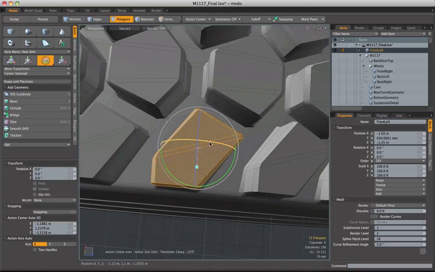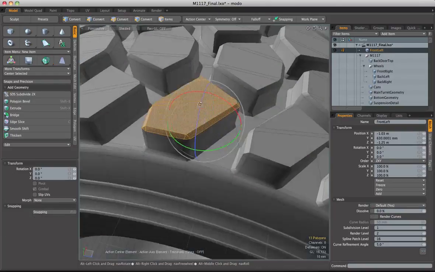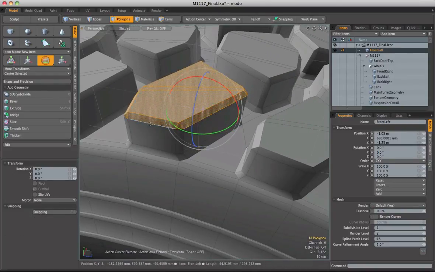It's centered in my selection and the axis isn't anything like this edge here. So I can come up to Action Center and come down to Element. Now with Element selected, I can right click on any element, be it a polygon, an edge or a vertex in our scene. I'm going to highlight this edge here and just right click. That will activate the tool